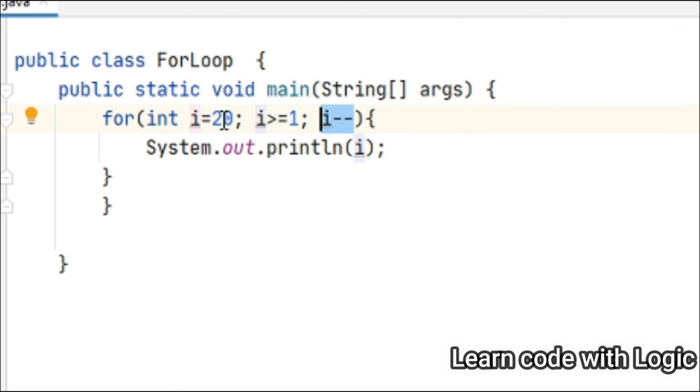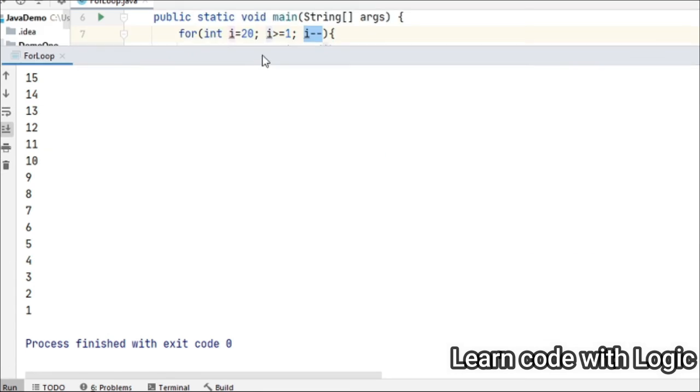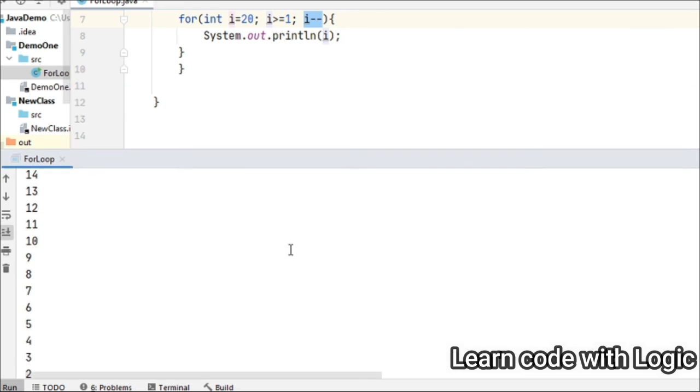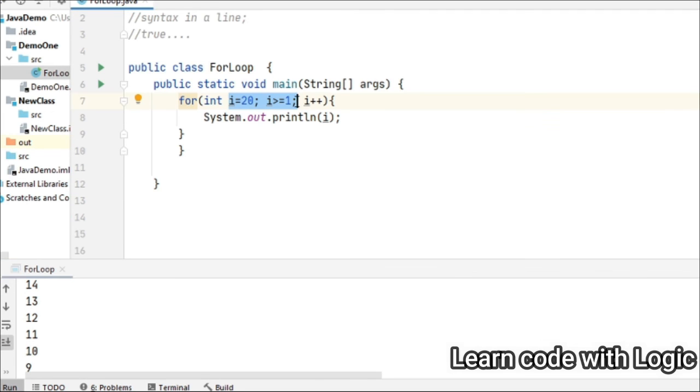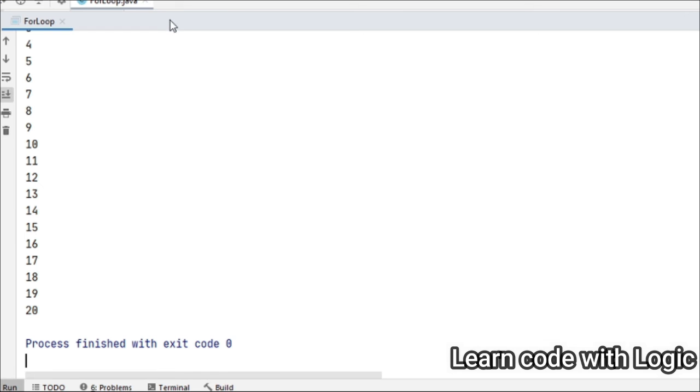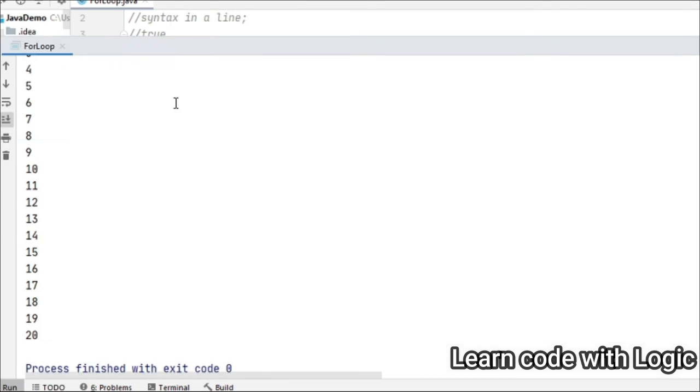Now if you run the code, you can see it starting from 20 and ending at 1. This is how the decrement operator works. Depending on the requirement, we can use these operators. If you go back, you can see all the natural numbers from 1 to 20.